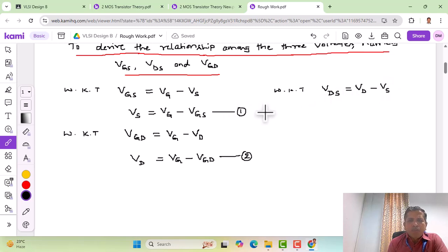Now we can substitute equations 1 and 2 in this equation. Using equations 1 and 2 in 3, we get